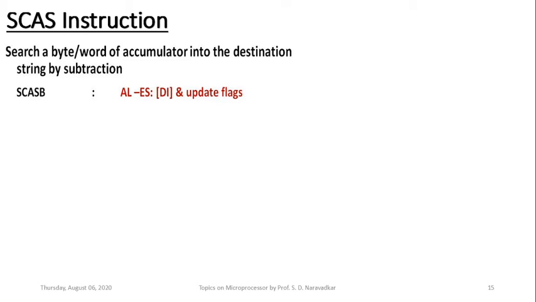So this is the application of scan string byte. The basic operation is by way of subtraction, which is written here, and the operation of flags, we are specifically talking about the zero flag. And then the effect of the direction flag, as usual, we have to write. It is auto increment or auto decrement of the contents of the destination index register depending on the direction flag, which is written here.